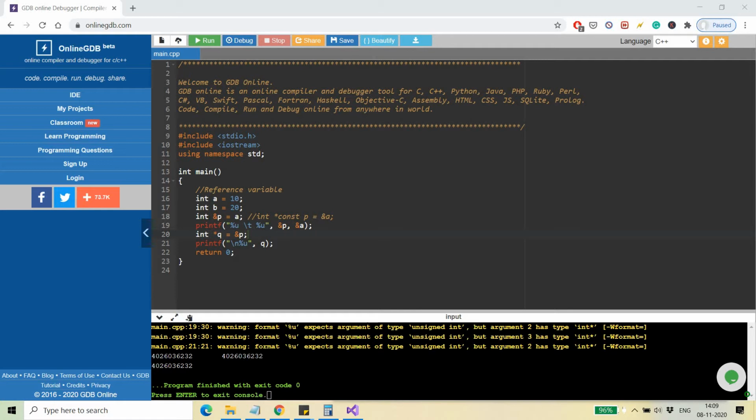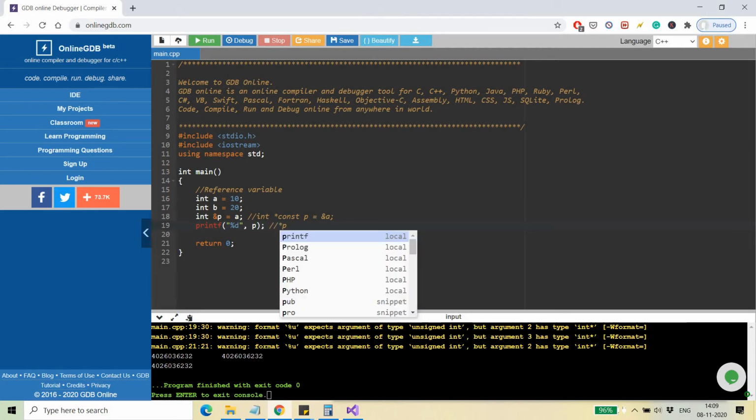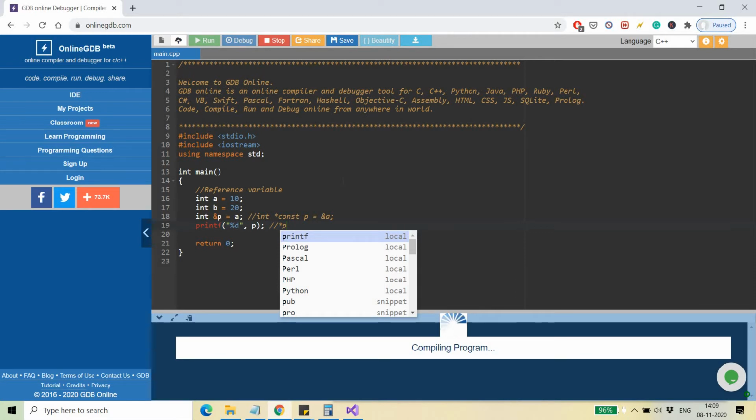So in the previous video, we saw how we can dereference reference variables. That is, how we can print the value which is pointed to by a reference. And we discussed that you don't need to do anything, right? In the case of a pointer, if you want to print the value at a location, you need to use asterisk p. But in the case of references, you simply use the name of that reference variable, and it will be automatically dereferenced into asterisk p. All right. So if you run this, you will be able to see this,